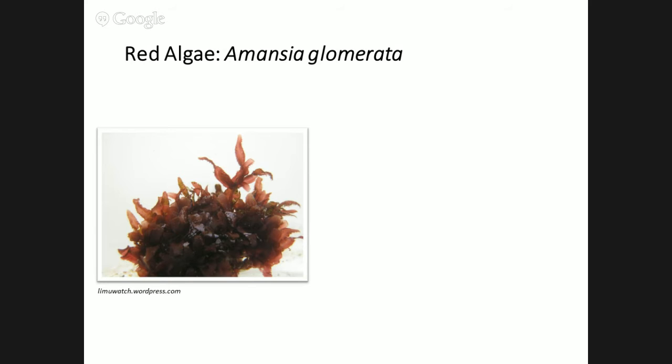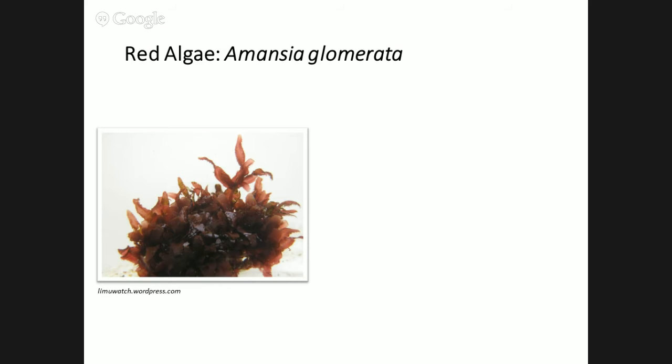We have at least 400 species here in the Hawaiian Islands alone as members of the red algae. This first example here, Amansia glomerata, is very widely distributed and very common. It's very simple to find in almost any beach park that you can go to around here. This is an upright foliose, bladed red alga. It very commonly has other organisms growing on it and amongst it, so it can be a little bit dirty,